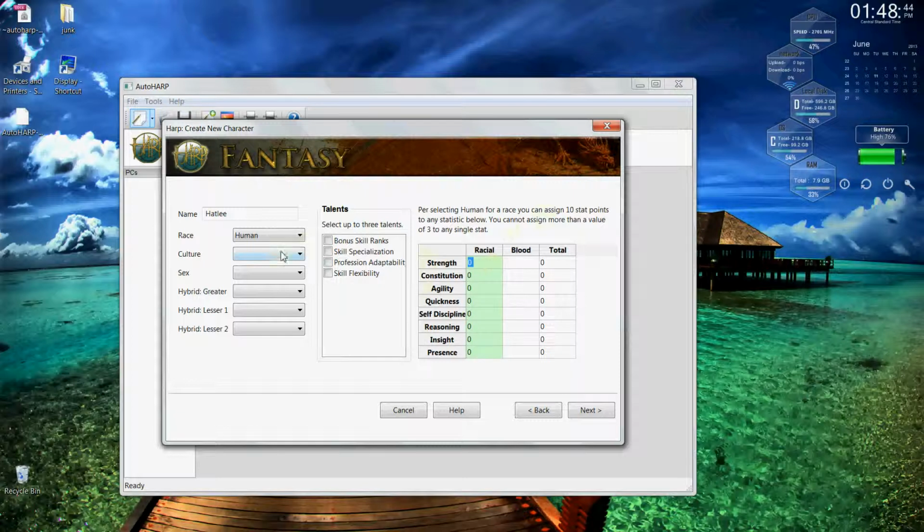Actually, before we do that, let's go to culture. Let's finish up over here first. Rural, male, and I'm going to make him a hybrid elf. Let's also click for 3 talents. Let's click bonus skill ranks, enhanced senses, and night vision. And now let's start